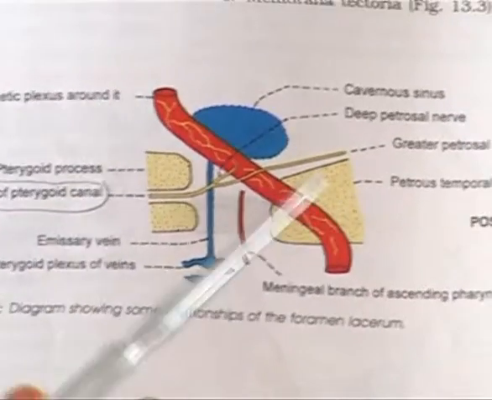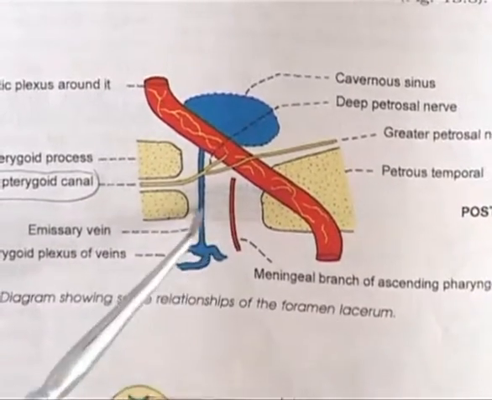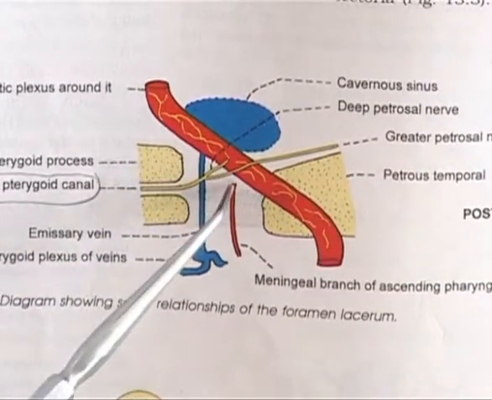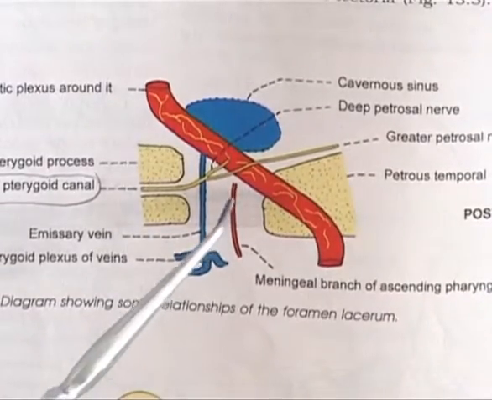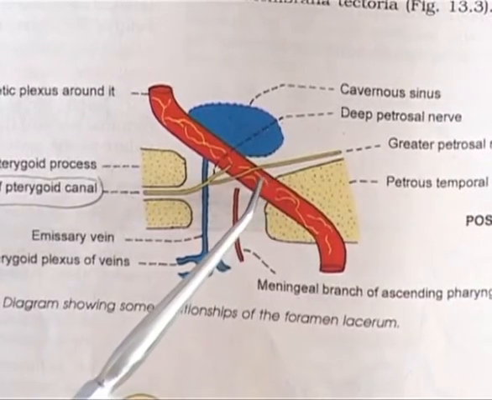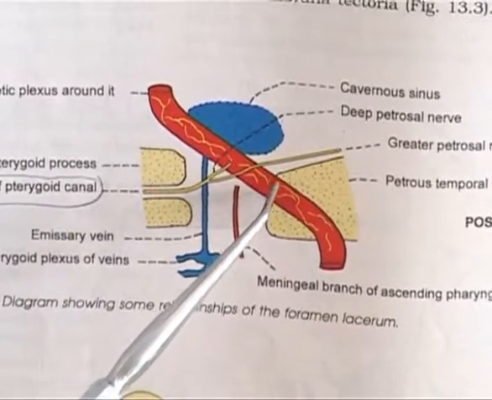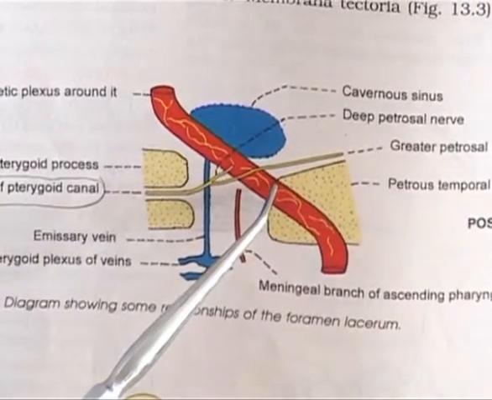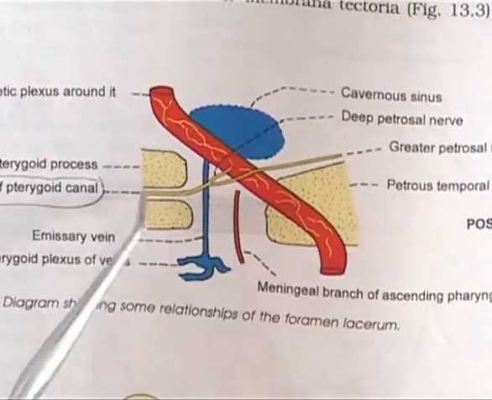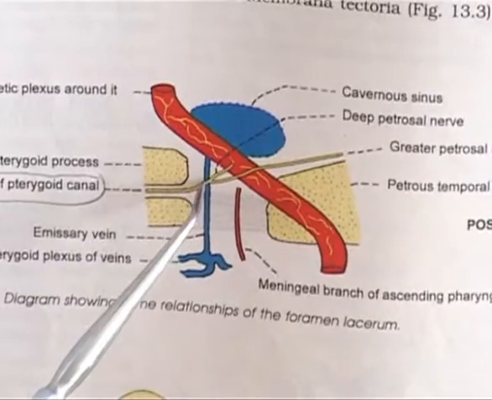This figure shows the important foramen lacerum. The foramen lacerum is filled by fibrocartilage, and it transmits only one emissary vein and a meningeal artery. At the posterior-superior end of the foramen lacerum is the upper opening of the carotid canal. Through its anterior wall there is a canal known as the pterygoid canal, which gives passage to the nerve of the pterygoid canal, which opens into the pterygopalatine fossa.